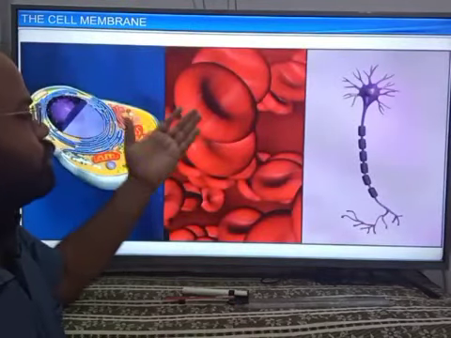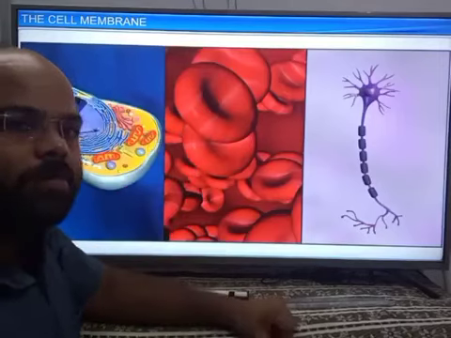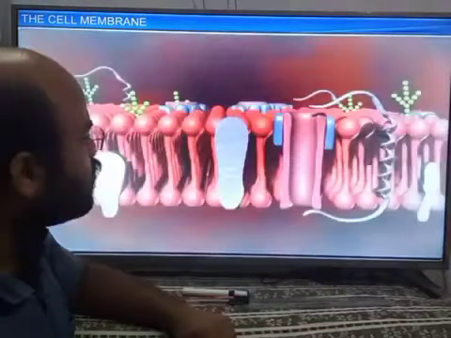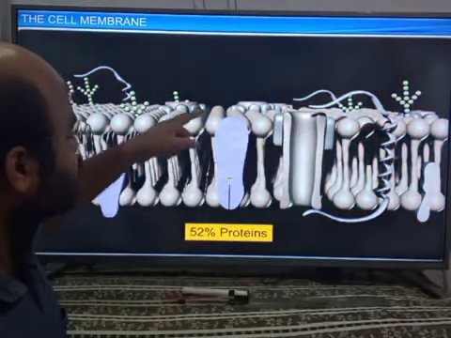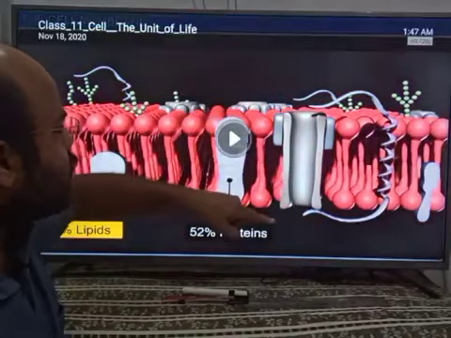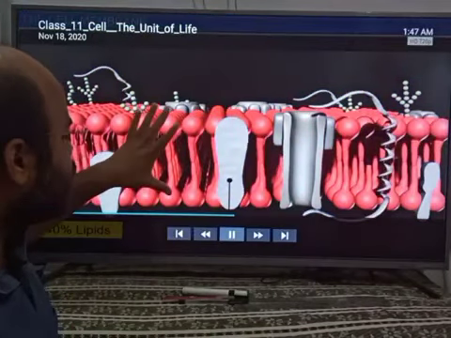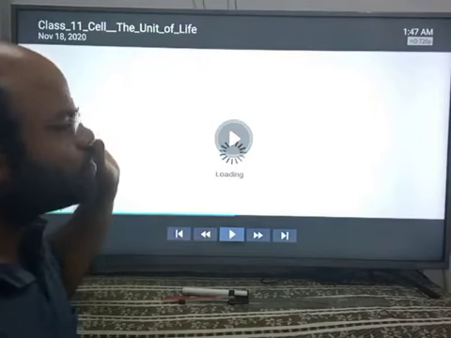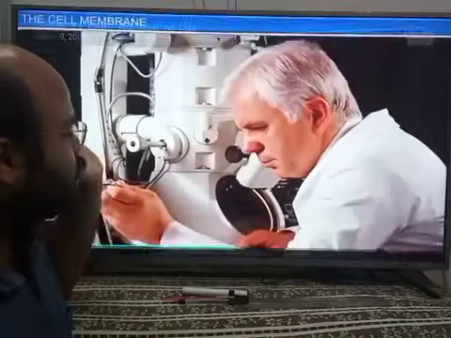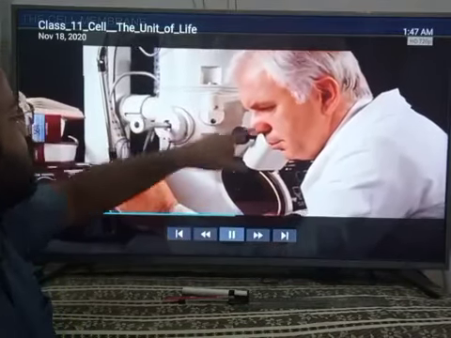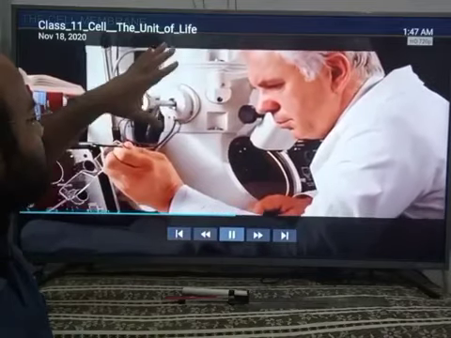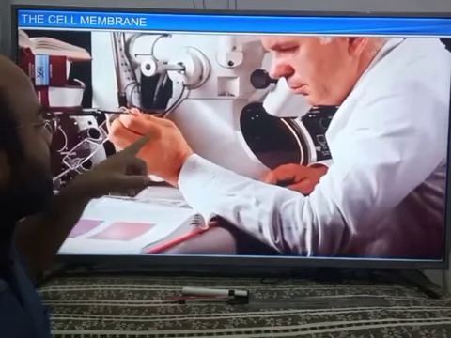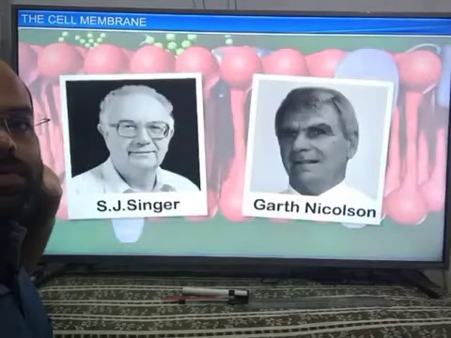So in this cell membrane we have seen how some selected particles are permitted through it. Generally, the cell membrane has lipids and proteins, almost 50% proteins and 40% lipids. See how the electron microscope looks, such a big and sophisticated microscope through which scientists have seen the typical structure of the cell.